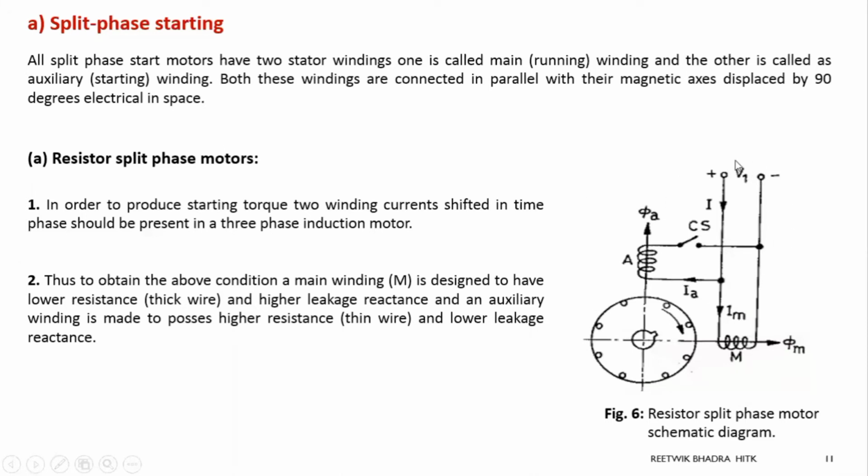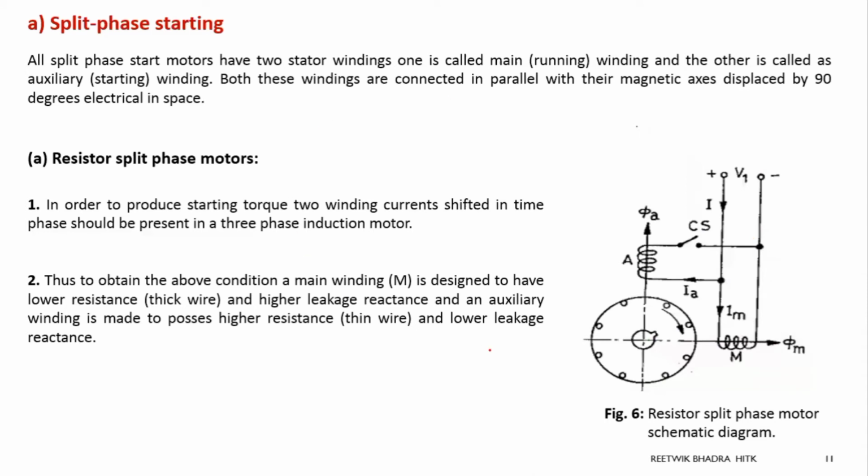From the same supply, we take one winding and another winding such that the flux is produced in this direction over here, and the flux over here is produced in this direction. Current will flow in this winding in this direction, so flux in this direction only. Current in this winding will flow in this direction, so flux in this direction only. So we are splitting the single phase into two phases such that the magnetic axes are 90 degrees apart. We get a resultant, a theta, so that will rotate, maybe clockwise, maybe anti-clockwise, whatever the direction of rotation is.